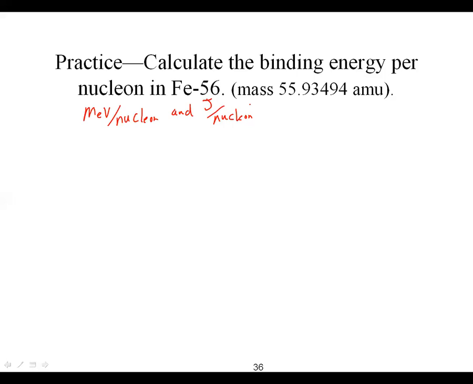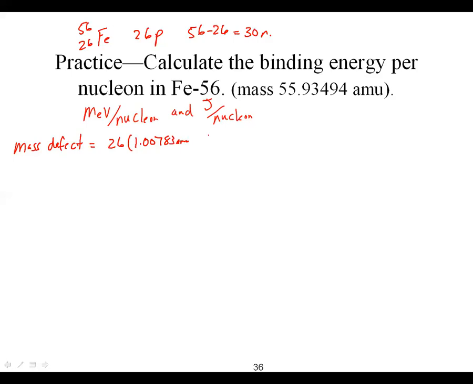Okay, so again, we want to start with the iron 56. We go to the periodic table, atomic number 26. So that's going to tell us we have 26 protons. Again, in terms of neutrons, 56 minus 26 is going to give us 30 neutrons. So again, we want to start with our mass defect, which is that difference in mass. And we're going to take our 26 protons and multiply by the atomic mass of a proton, which is 1.00783,